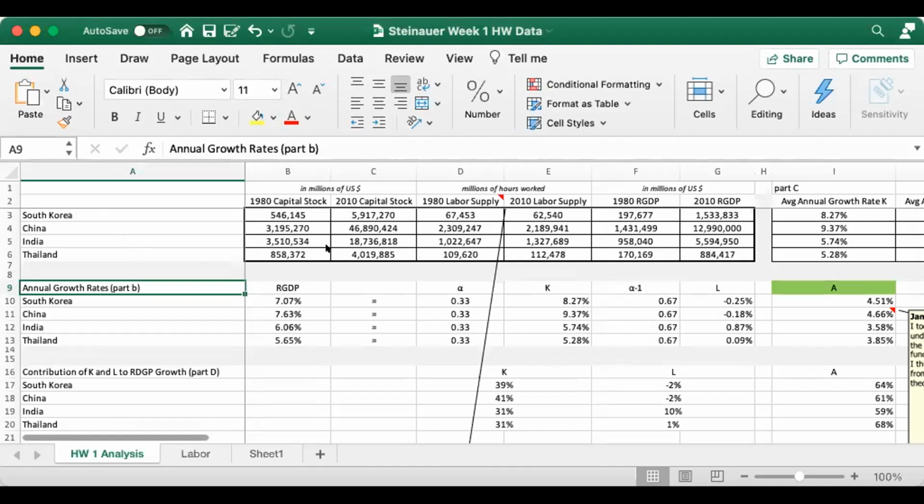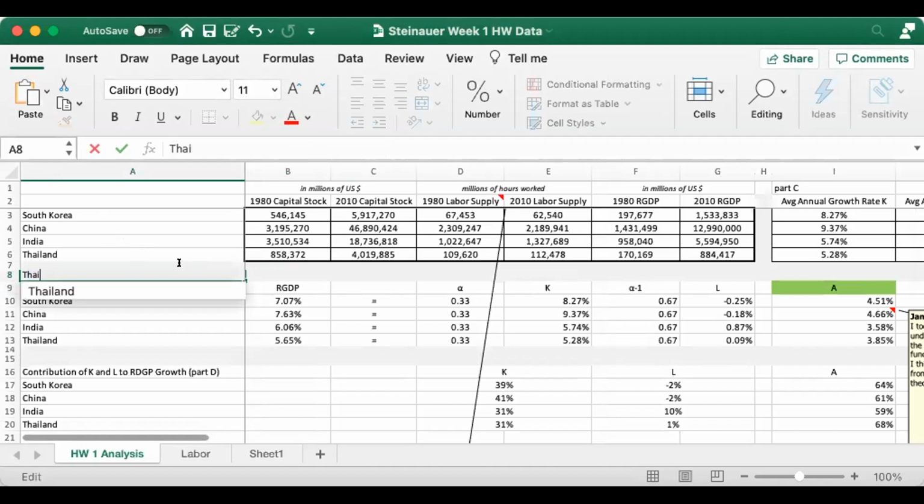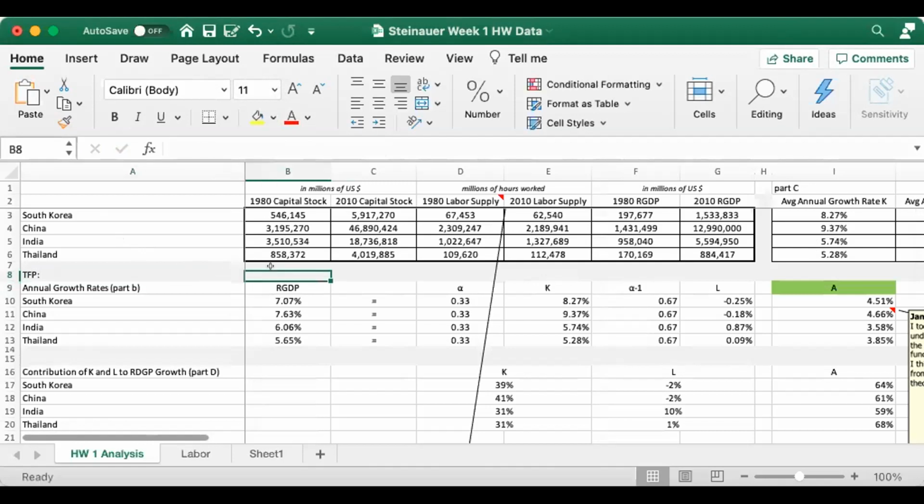Overall is correct. There's one thing that I was trying to explain. First you need to calculate TFP, so this is missing. Okay, so you need to calculate TFP. For example, you calculate South Korea's TFP. So what are you going to do? Let's say you look at 1980, and then the TFP equals the real GDP, this number,